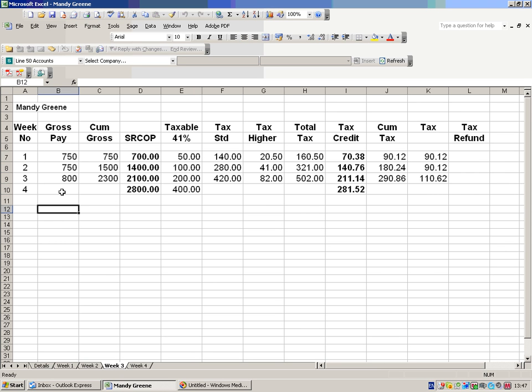We now look at week 3 of the tax year. In week 3, Mandy earns €800. Her gross pay to date is now €2,300. Because her standard rate cut-off point is €2,100, this means that a portion of her gross pay to date of €2,300 will be taxed at 41%. So that portion will be €200. We then multiply her standard rate cut-off point of €2,100 by 20%, which will give us a figure of €420. We multiply the portion of her salary that will be taxed at 41%, which is €200, by 41%, which will give us €82. By adding the standard and the higher rate together, we are given a total tax figure of